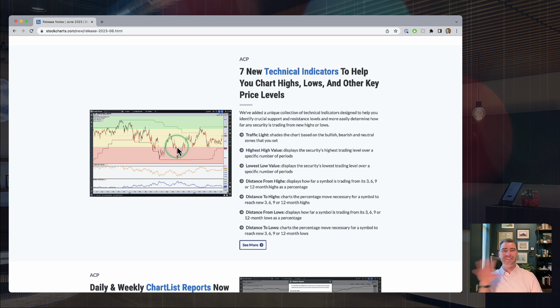Distance from highs, distance to highs, distance from lows, and distance to lows. On a percentage scale, this is going to do, as the name suggests, chart a rolling distance from highs, again, that you get to set, or a distance to highs. So on a percentage basis, how far off the highs are we? And on a percentage basis, how far do we have to go back up to get to new highs? And the same thing in reverse